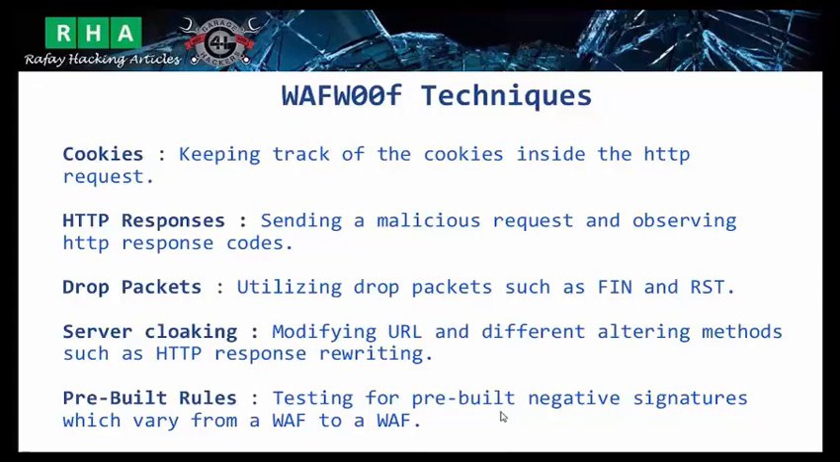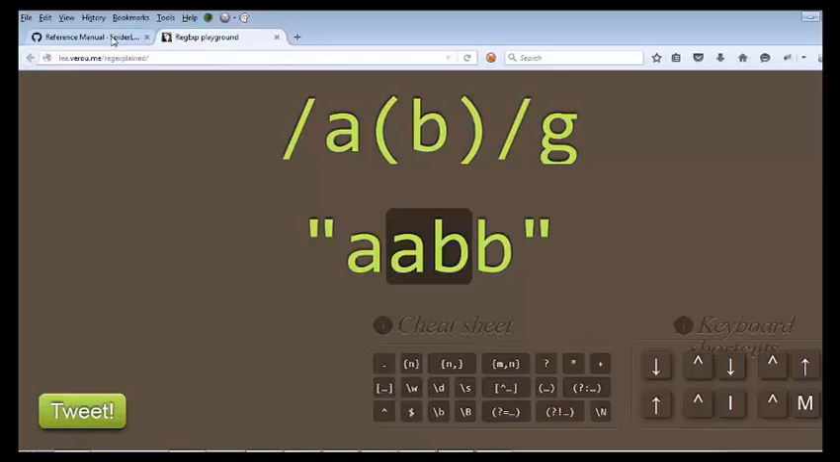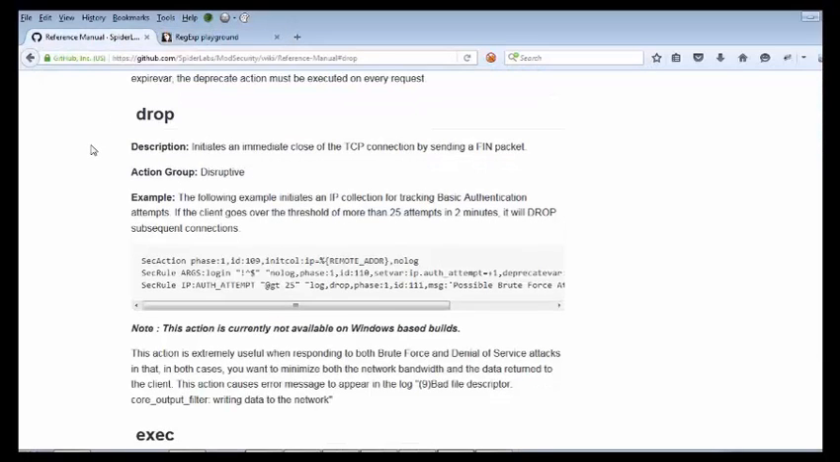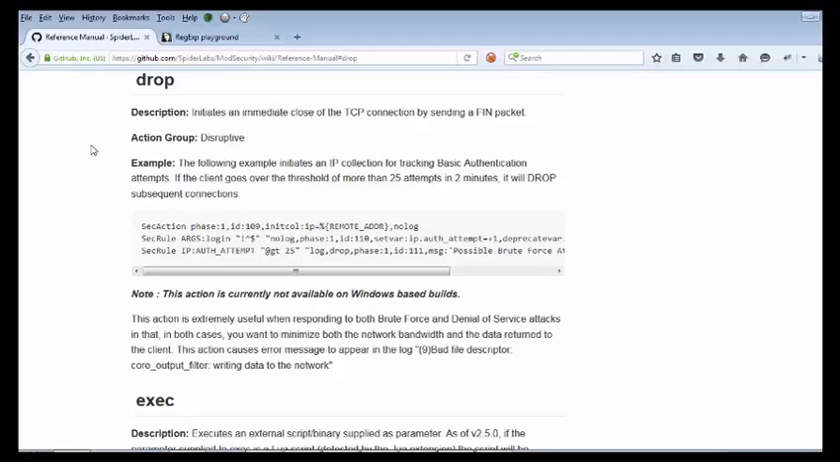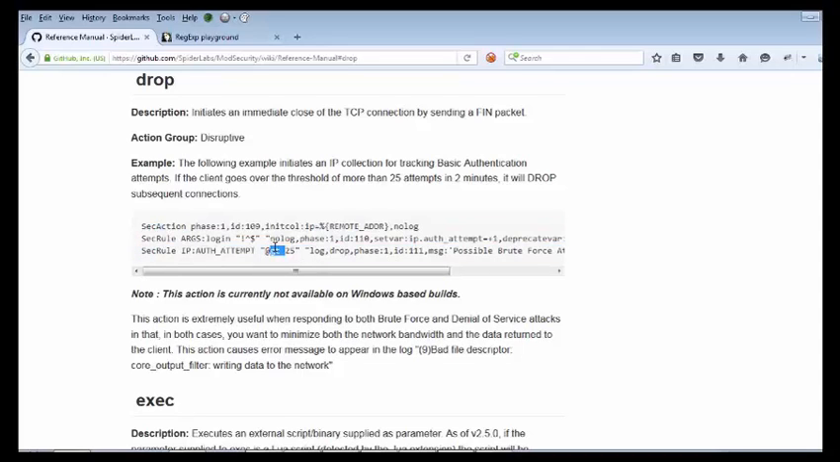This is very interesting. A lot of WAFs, when they encounter a malicious request, simply send a FIN request or a reset request, which would simply close the connection. Let me show you one possible implementation. This is an implementation of a drop request by ModSecurity. This is code that is simply used for